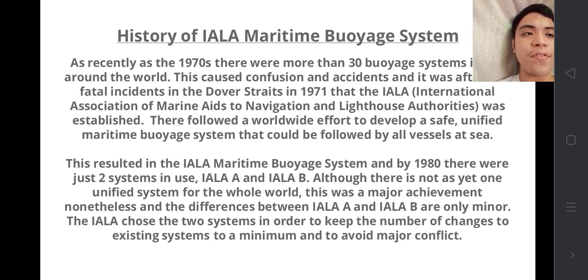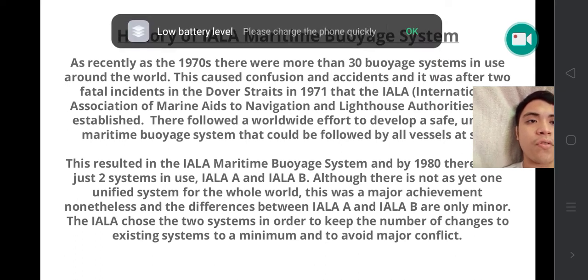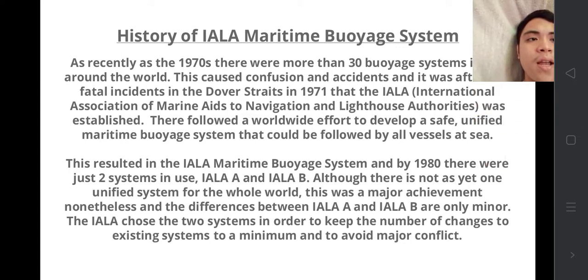As recently as the 1970s, there were more than 30 voyage systems in use around the world. This caused confusion and accidents. It was after two fatal incidents in the Dover Strait in 1971 that the IALA, the International Association of Marine Aids to Navigation and Lighthouse Authorities, was established. There followed a worldwide effort to develop a safe, unified maritime voyage system that could be followed by all vessels at sea. This resulted in the IALA Maritime Voyage System, and by 1980 there were just two systems in use, IALA